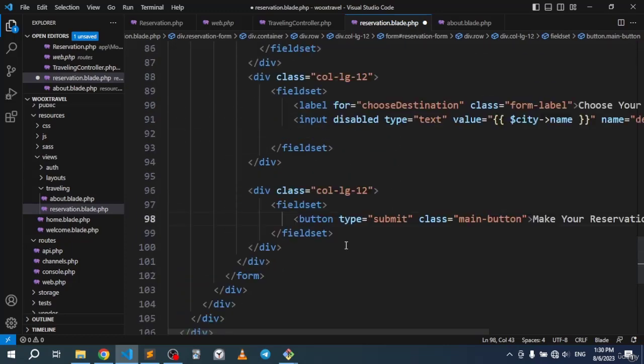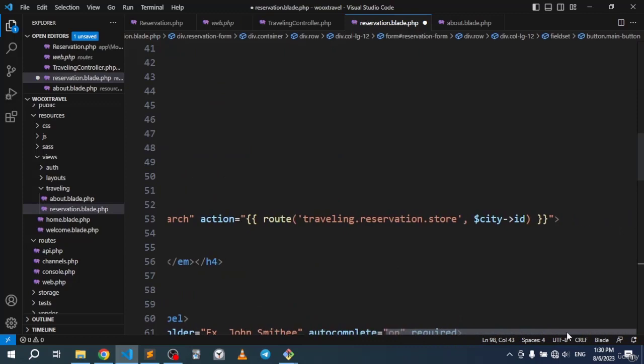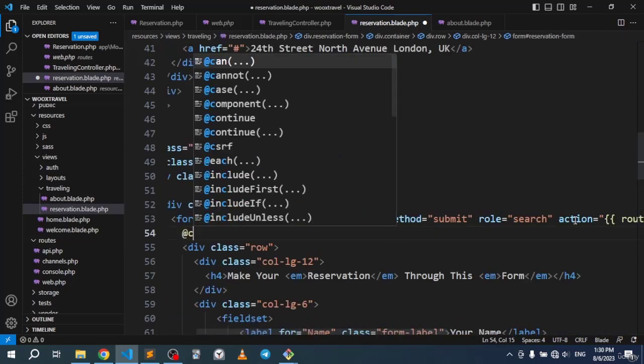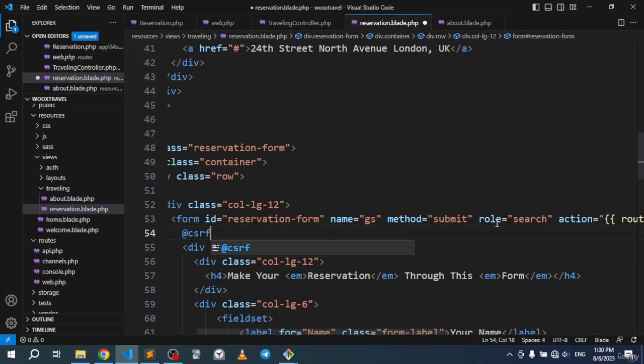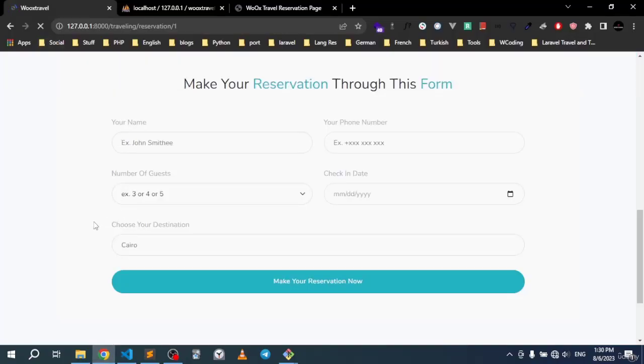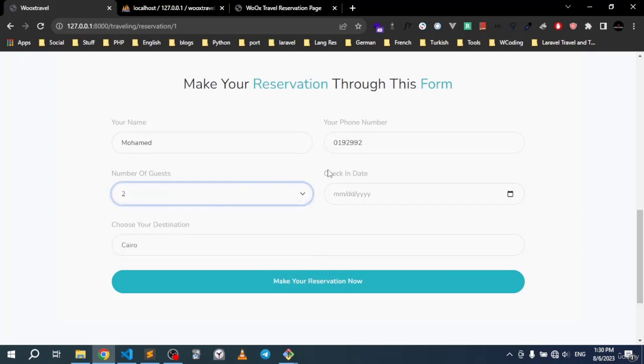All right, so I guess what we have left is the CSRF. We can't forget this. So the method right here will be post actually. Let's save right now. Let's try and see what's going on with this. So I'm just gonna keep the name right here and the phone number, there it is, and the number of guests, I will just keep it 2, and the